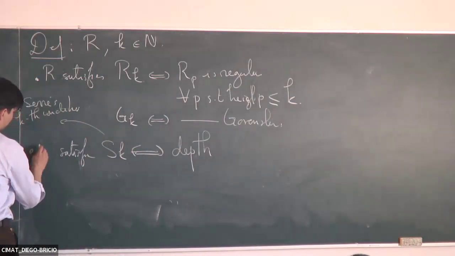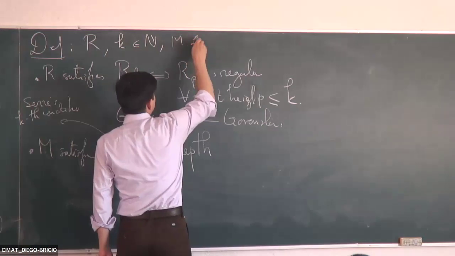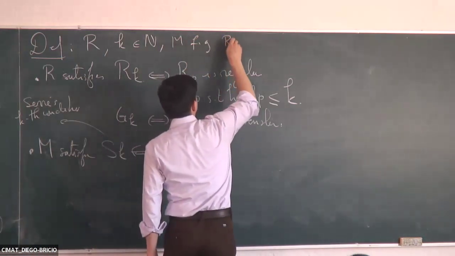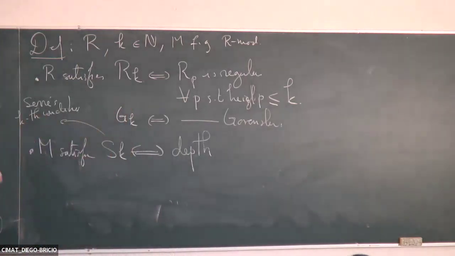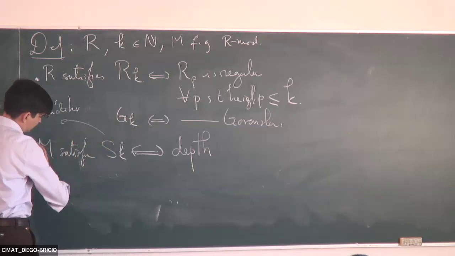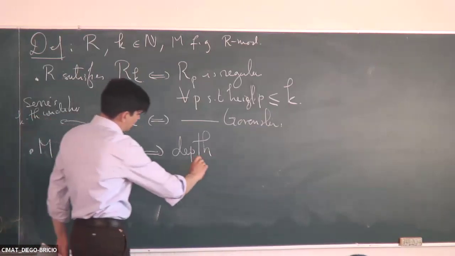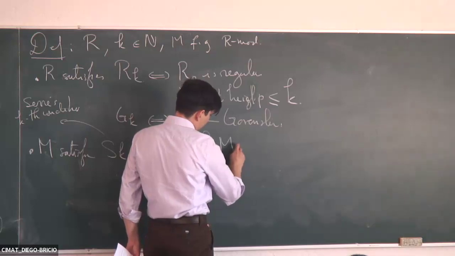So let me put a module here. Sorry. And so let's take M to be a finitely generated R-module, because we're going to talk about its dimension and support and so on. So let's take a module like that. We say that it satisfies Sk, if and only if, when we look at the depth of Mp